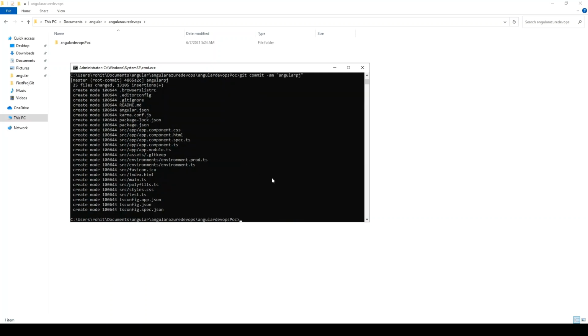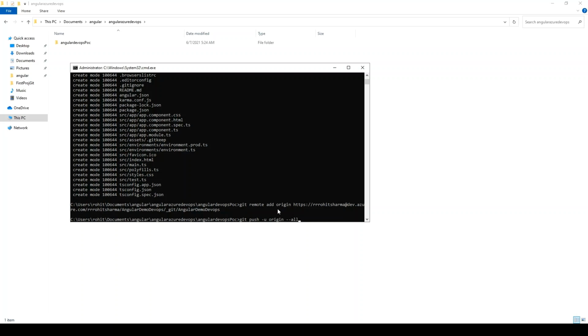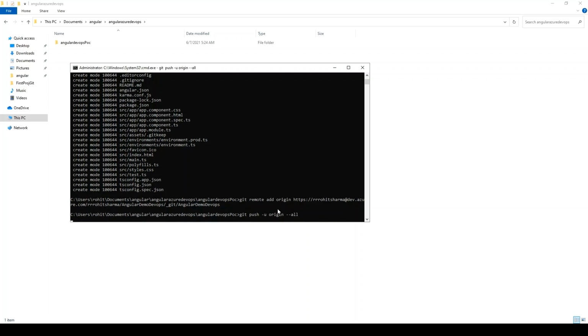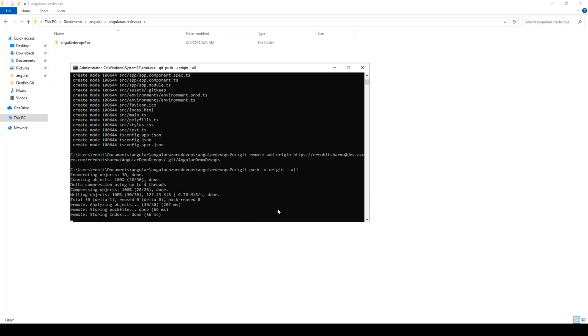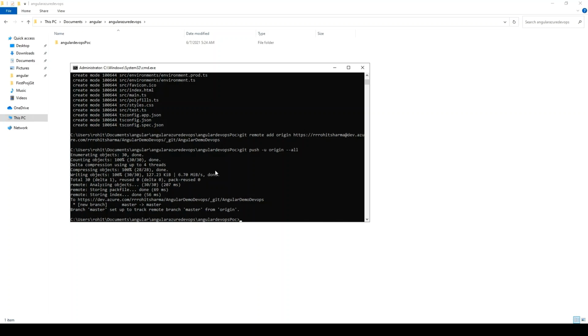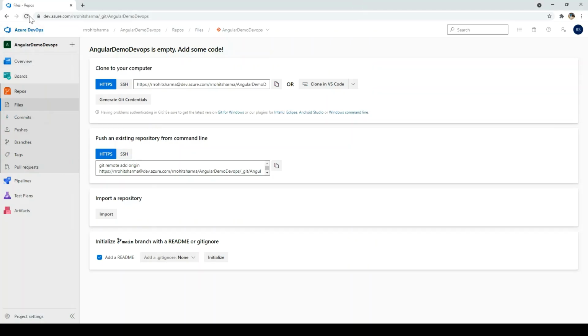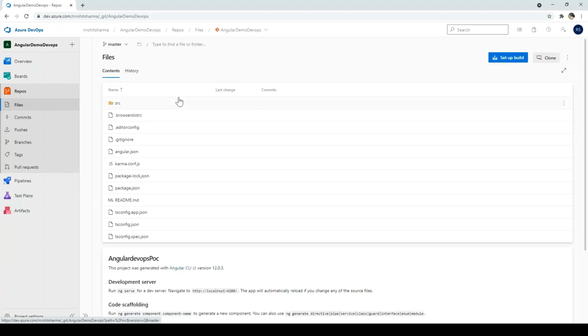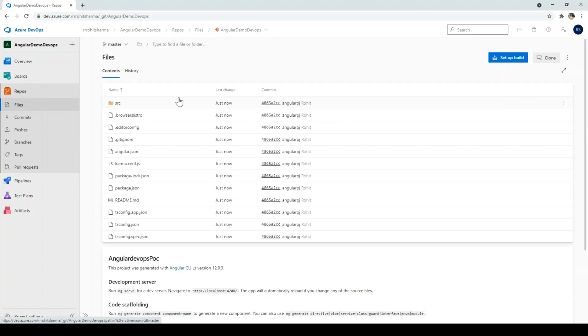Now I have copied the commands. I'll just paste it here and press enter. It will push everything to the Azure DevOps. Okay, so everything is pushed. Let me go back and see. Let me just refresh this. Cool, the files are pushed into Azure DevOps, so we are good.